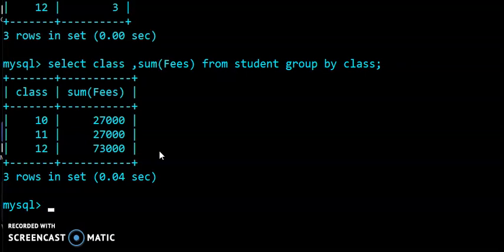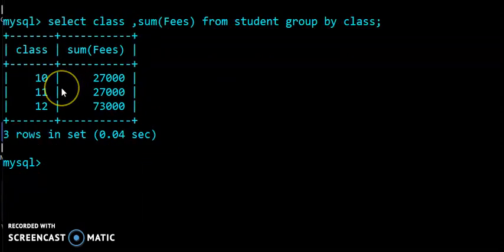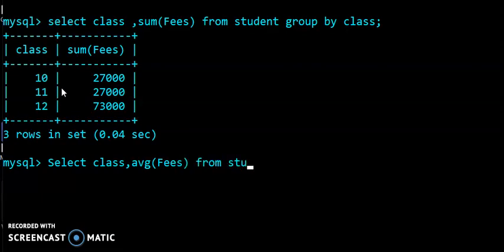So students, now after that we will implement the group by clause with order by and where clause. So select class comma avg fees from student,